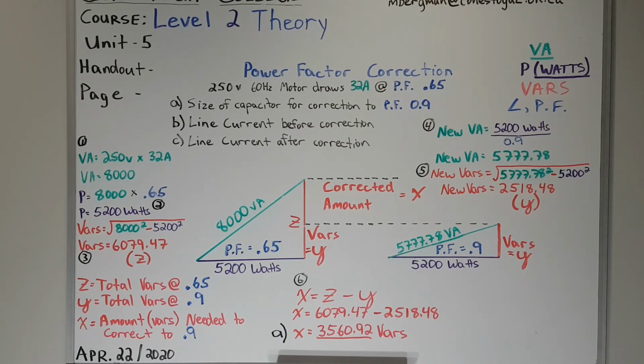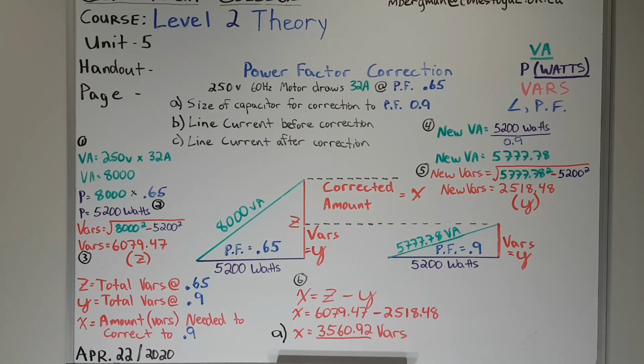So I said X, which is the amount we need to correct, equals our Z, which was our total VARs with the uncorrected triangle, minus our Y, which is our completed triangle, the amount of VARs associated with it. And you can see on the far left bottom of the board, I got Z equals total VARs at 0.65 power factor, Y equals total VARs at 0.9 power factor, X is the amount in VARs needed to